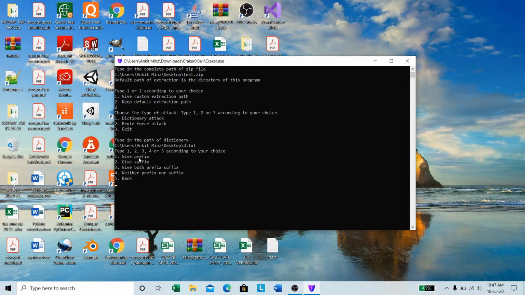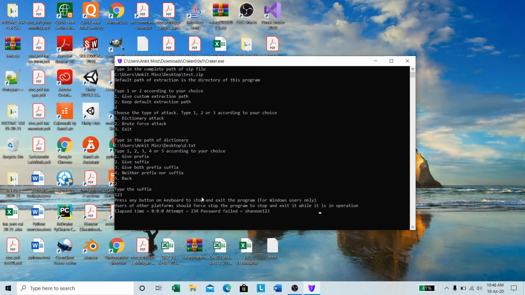Now let's suppose we know the last part of our password, that is 123. Let's give a suffix then, 2. Suffix is 123. Start. Let's see how much time it takes.